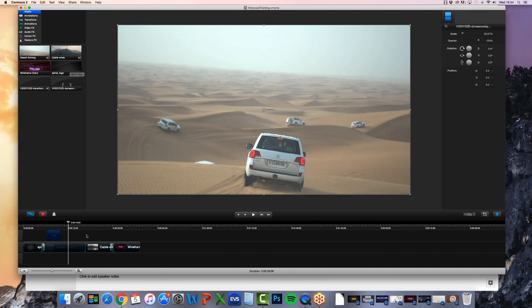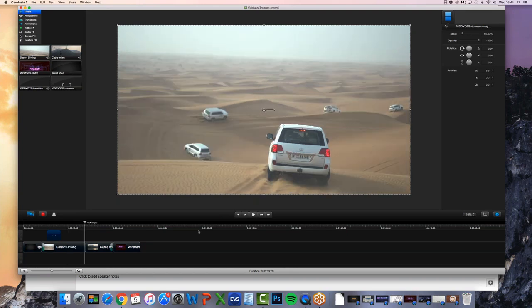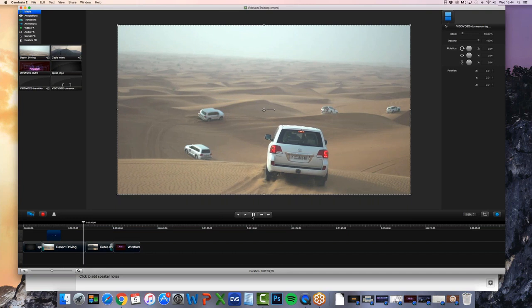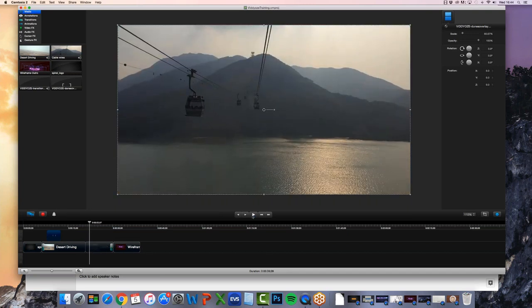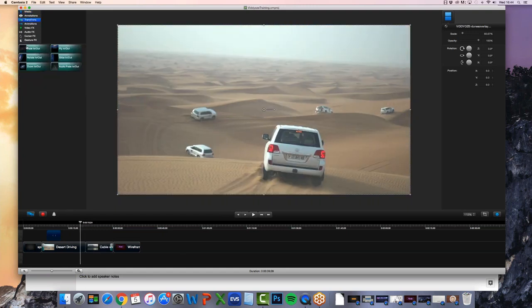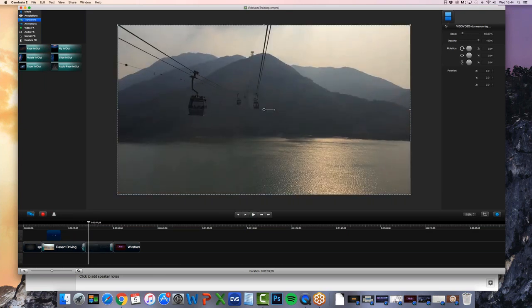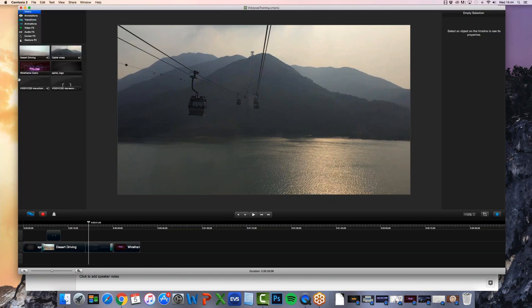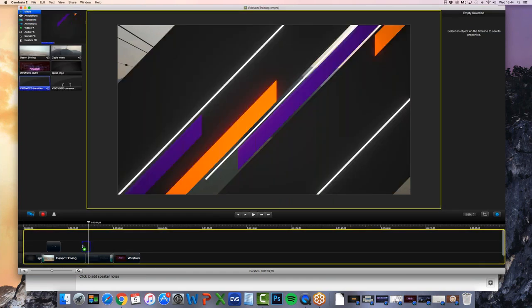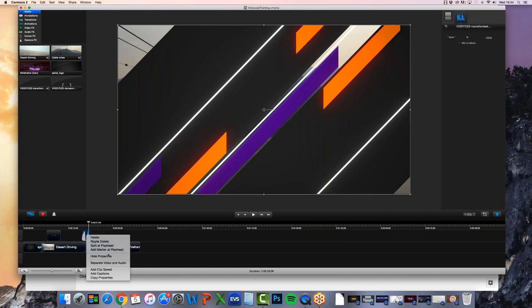The other thing we can do here is we've got two bits of footage. We suddenly go from the dune footage and we switch to, bang, the cable car. It comes without warning. So what we can do on that switch is create a transition. If I was to create a transition inside of here, I could put a fade on there and it would fade into the next footage, which doesn't look too bad. I could put a fade on both sides. That would work totally fine. But we can actually animate this up. If you're wondering what the transitions were, I've pre-created a transition here.